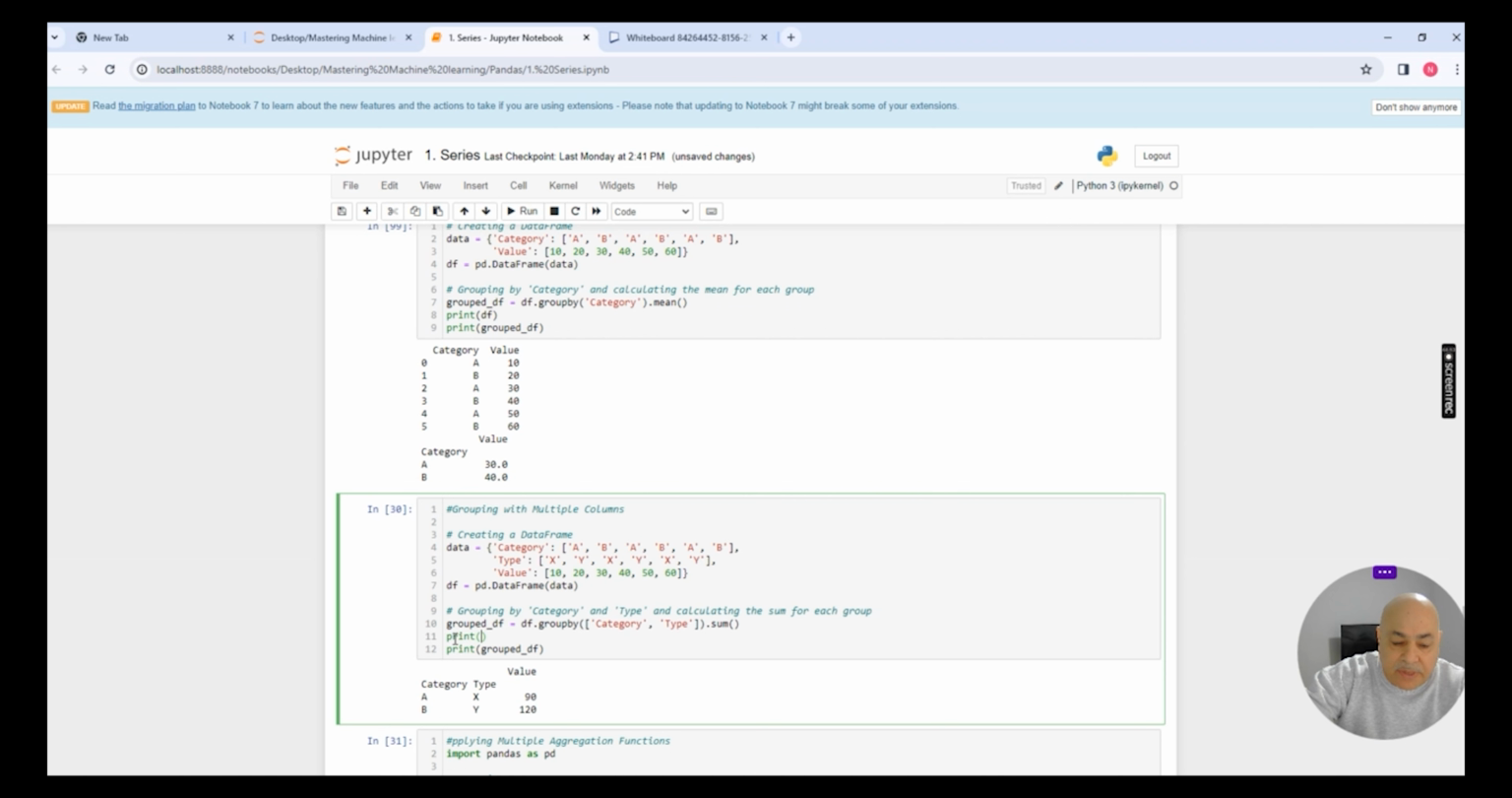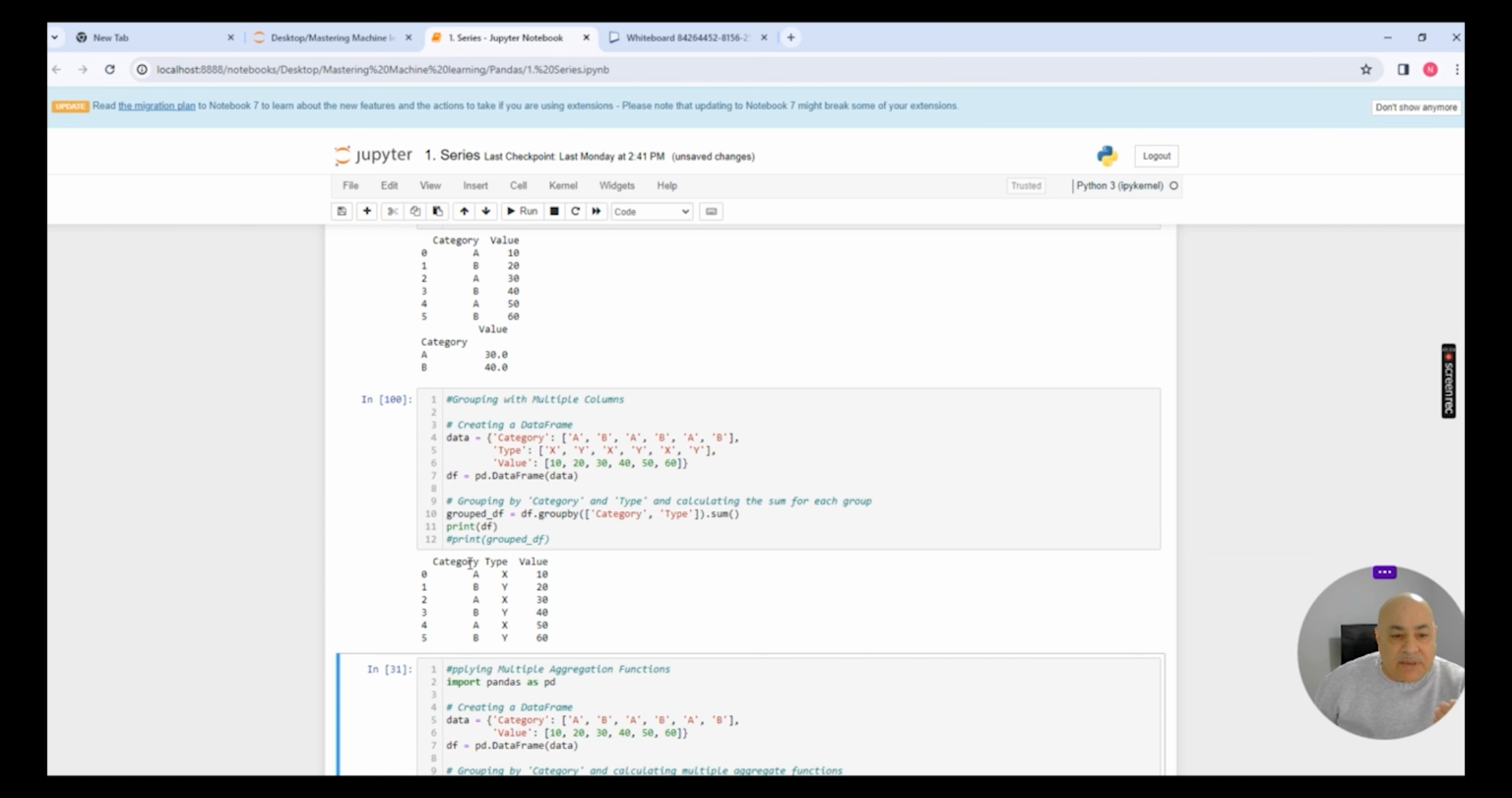the data frame here and comment that and run the code, you will see that I have a category A, B, A, B, and I have the type XY, XY, XY, and I have the values as they are stated there. Now, if I uncomment this and run based on the sum of these two categories, then I say that